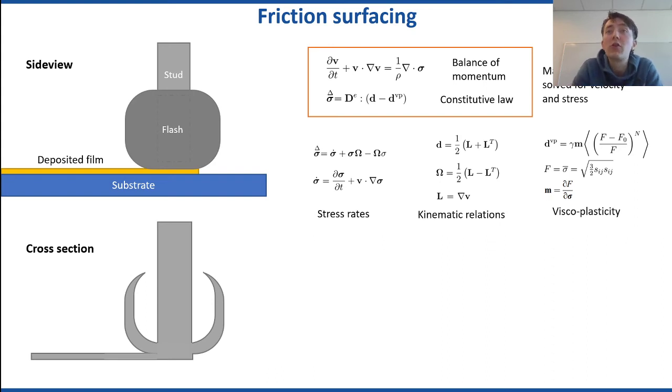So doing this in a Lagrangian sense, like the classical sense of treating solid mechanics problems, you would have to attach your finite element net, your mesh, to the material, which is spinning at an extremely high rate, and which is then also being completely pulled apart and flows into different sections, right? So doing something like that in a Lagrangian setting, where we attach the mesh to the solid, would not work. We would be pulling our mesh apart, and in general that would be a very non-robust and very tedious approach to modeling this. So rather, what we do is we take an Eulerian perspective, and what I'm doing here is